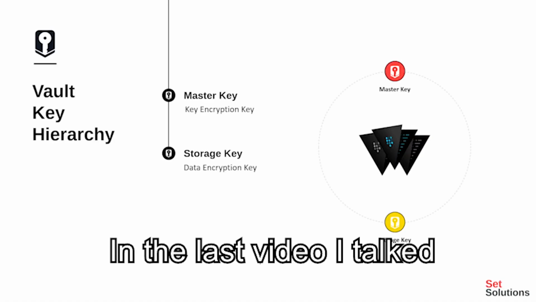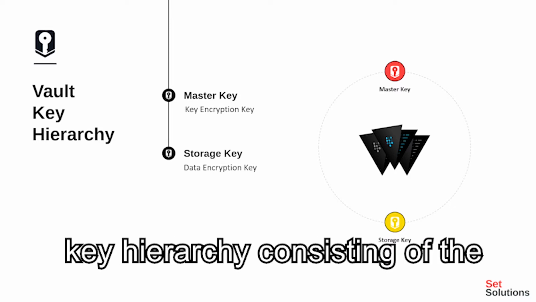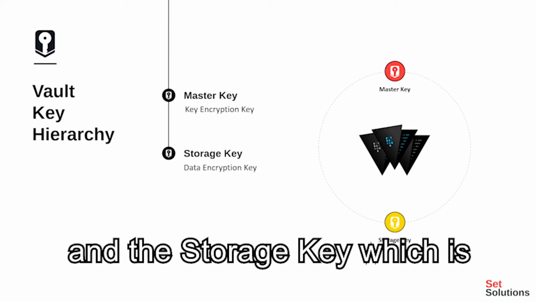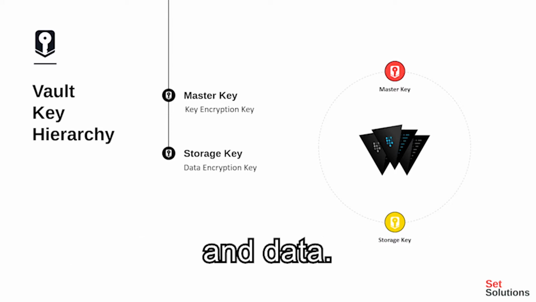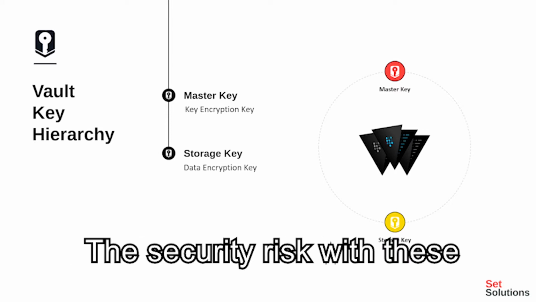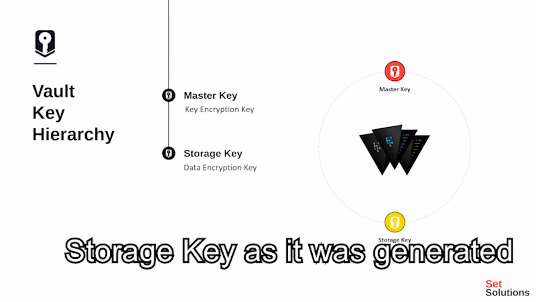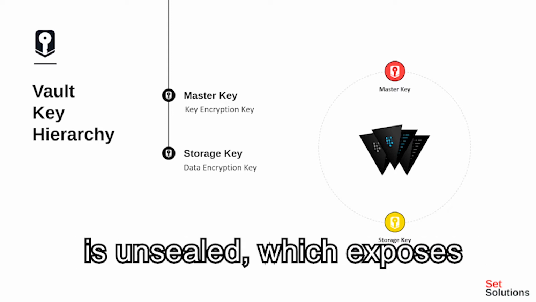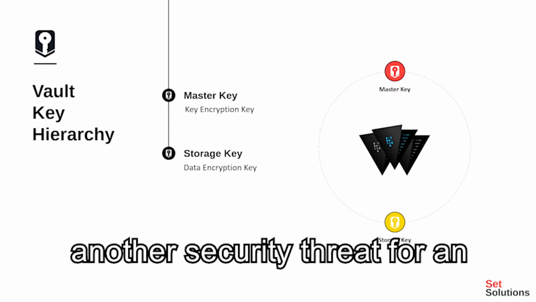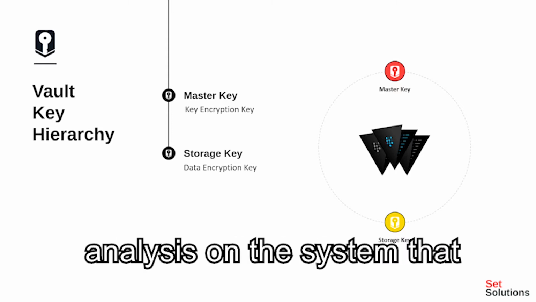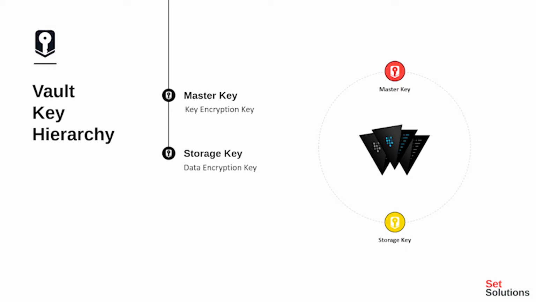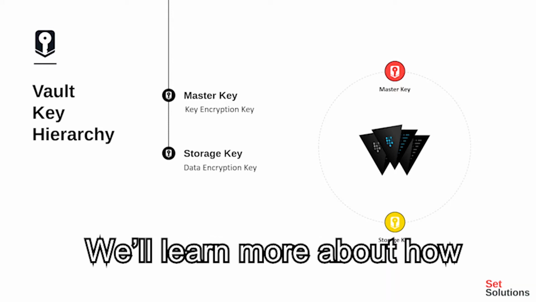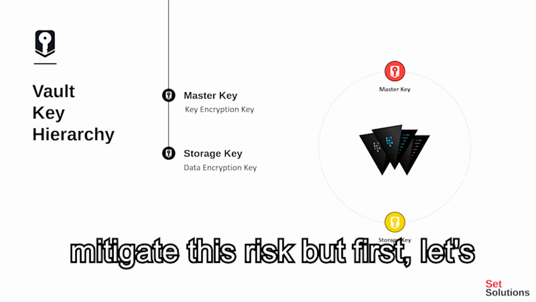In the last video, I talked about how Vault has a 2-tier key hierarchy consisting of the master key, which represents the top of the key hierarchy, and the storage key, which is used to encrypt our secrets and data. The security risk with these keys mostly lies with the storage key, as it was generated in software and is exposed in plain text in memory while Vault is unsealed, which exposes another security threat for an attacker to perform memory analysis on the system that Vault is running on top of, granting them access to our storage keys and secrets. We'll learn more about how we can use our own keys to mitigate this risk, but first